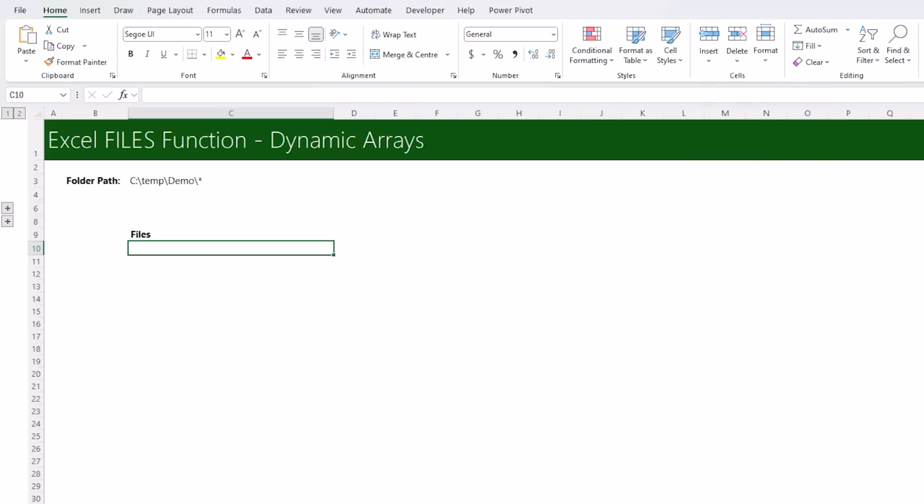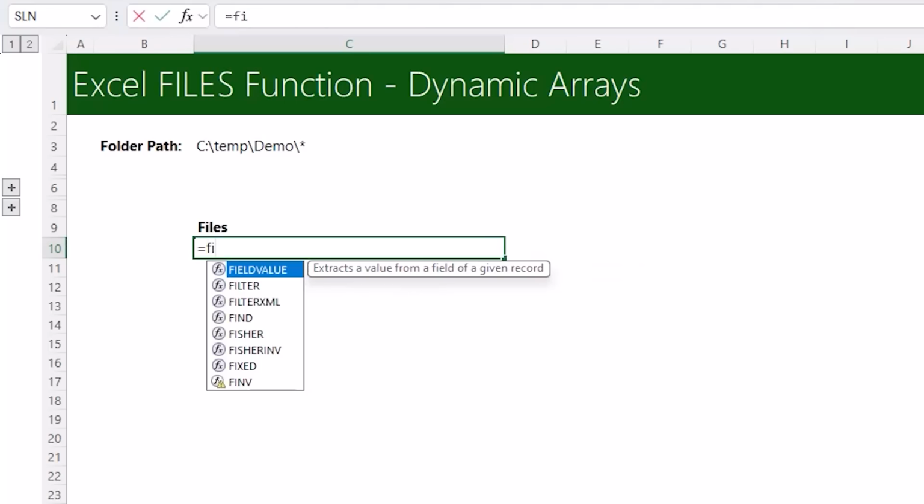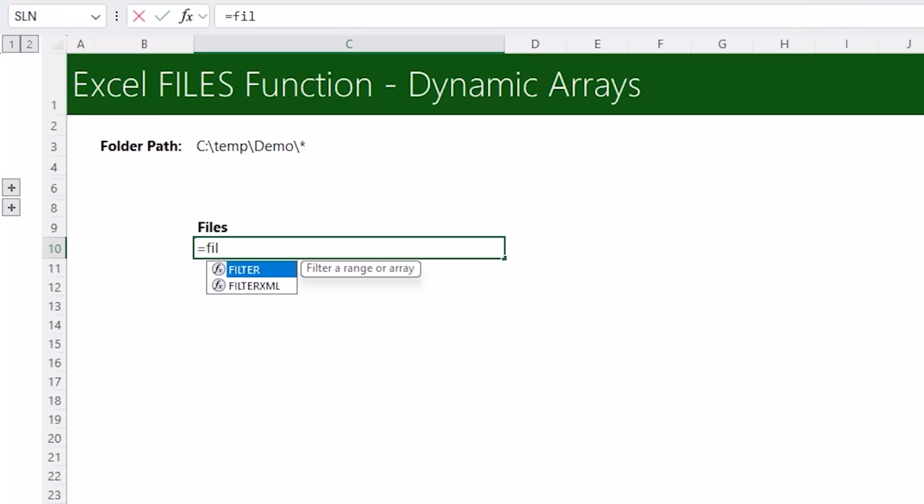information. Now, FILES is a legacy Excel 4 macro function. These are very old functions that Microsoft have hidden, but you can still use them if you know how. Don't worry, it's easy. To demonstrate the function, I'm going to get a list of files I have in this folder, and notice I've added a backslash and an asterisk on the end, which is required for the function to work. Now, if you type equals FILES into Excel, you'll notice it doesn't even appear in the list of functions